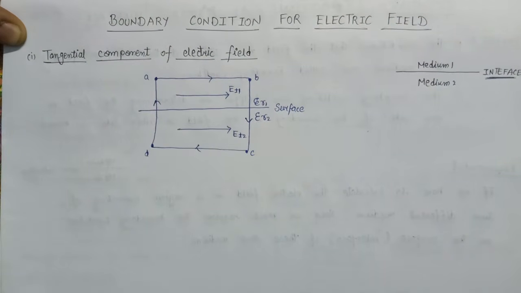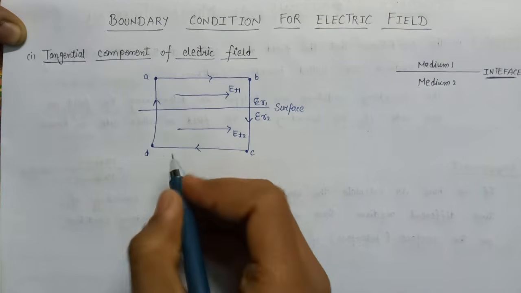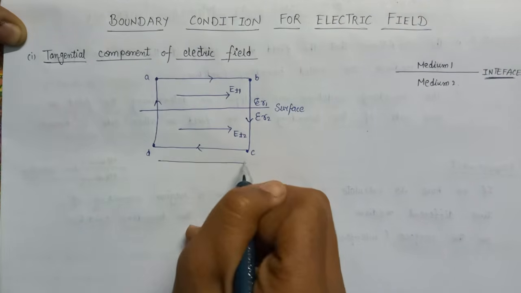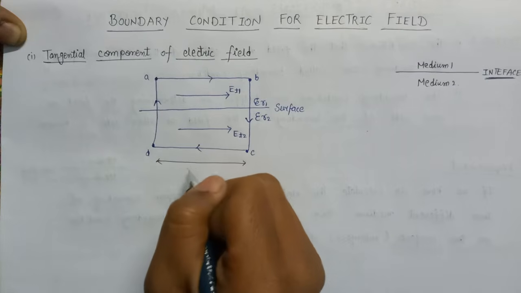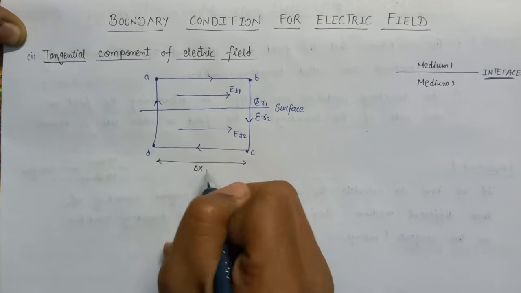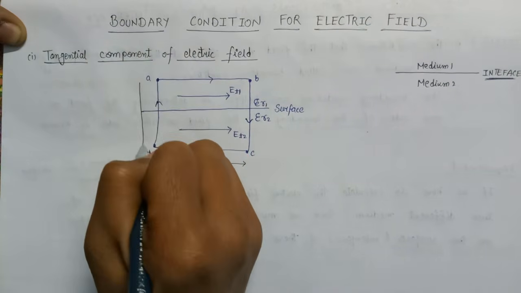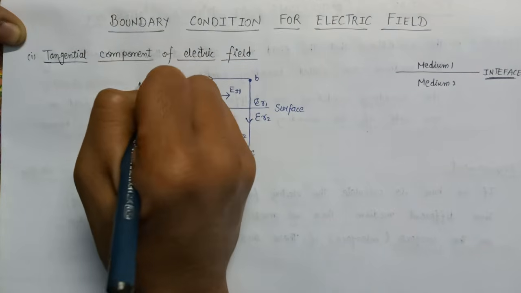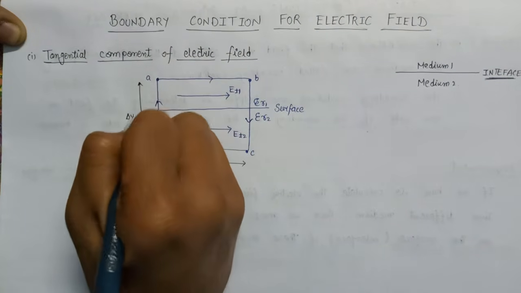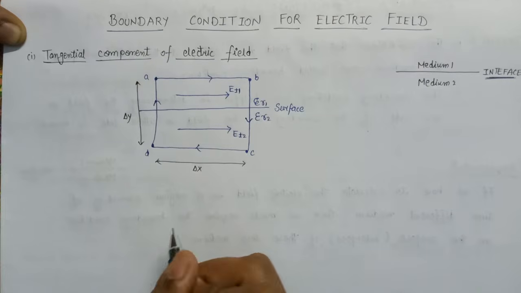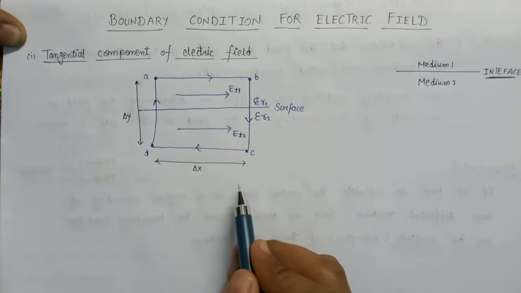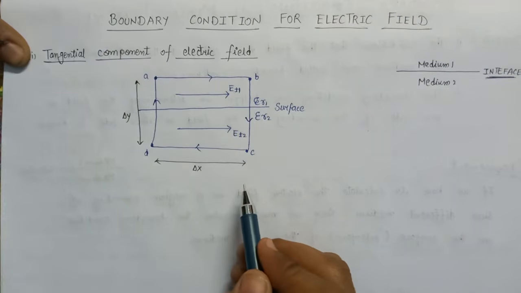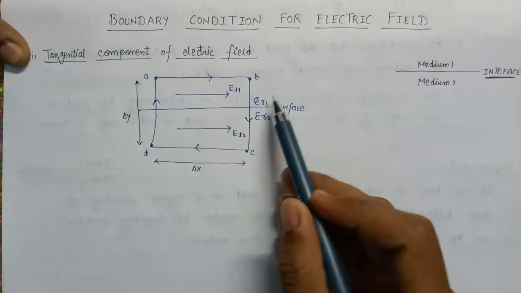Now technically the distance here is represented as del x, and the distance between A and D is del y. So this is the introductory part of the whole structure, in which there are the two medium, that is medium